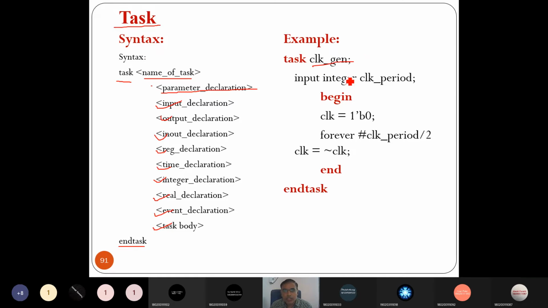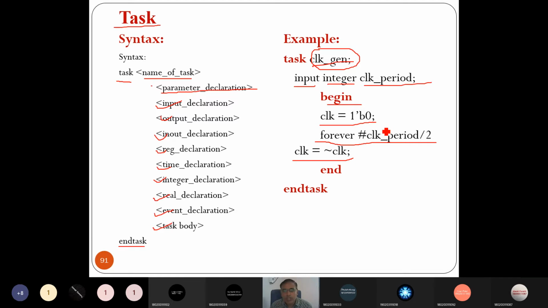Say, for a clock generator, clock_gen is the name of the task. It has an input integer, clock_period, then begin. Here this task is to generate a clock, right? Clock generator is the name given to this task, and the function of this task is to generate a periodic clock signal for testing any synchronous design. So begin: let's initialize clock equal to 0, and then use forever to generate a clock.